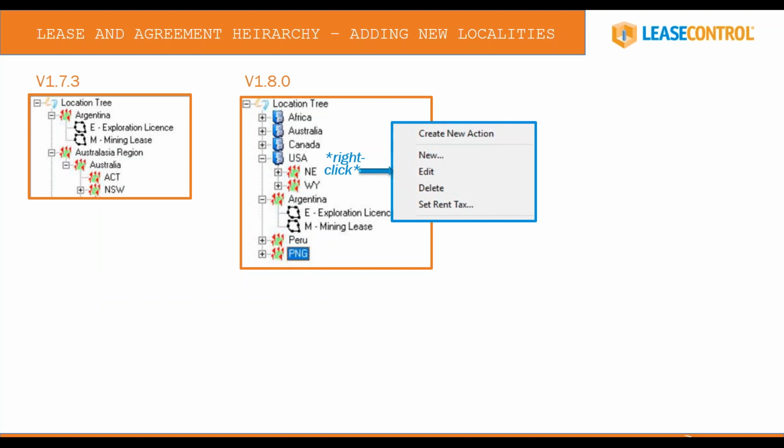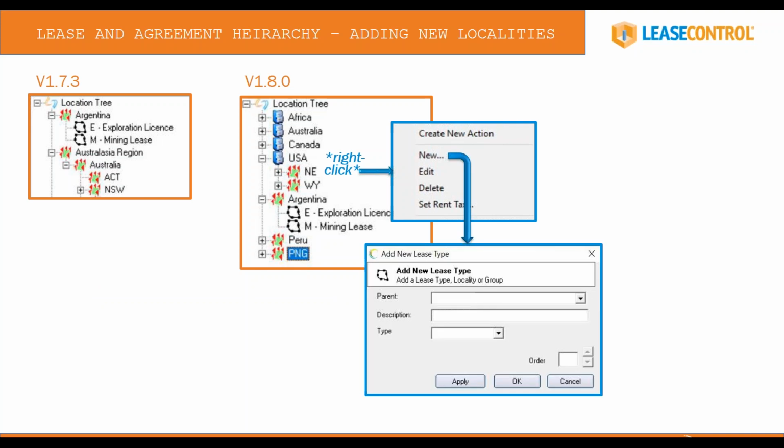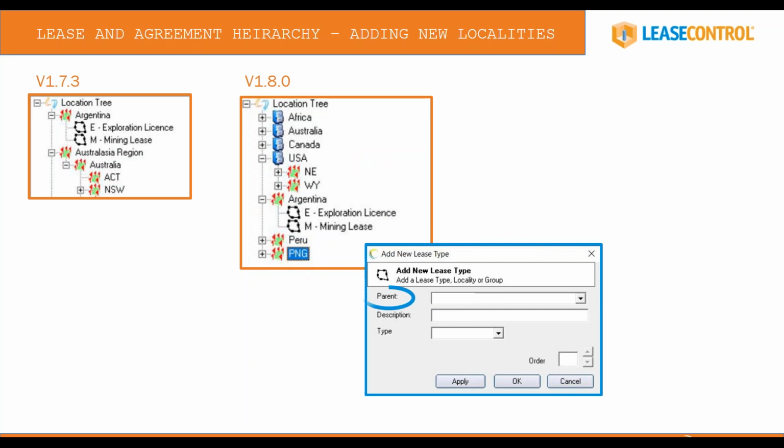Back to controlling localities. Selecting New opens up a window for specifying details. Parent is where you indicate its position within the hierarchy. Africa, for example, was created with a parent of the root directory location tree. Incidentally, this is the same window that you'll use to create new lease and agreement types, maintaining consistency for users. You will note that this window has a field named Type, which brings us to our